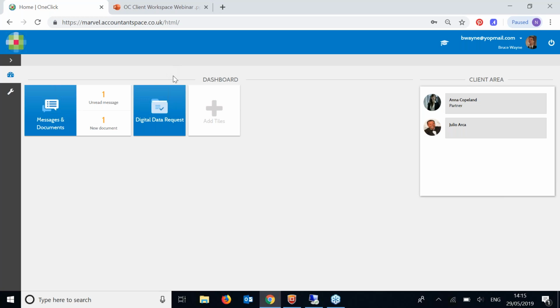And what he can also see over here on the right hand side under client area is who in the practice is dealing with his account, and this information comes up from the client team area in CCH Central. So any employees who happen to be within the client team area in CCH Central will be shown in this client area up here, and the client will be able to see who it is in the practice